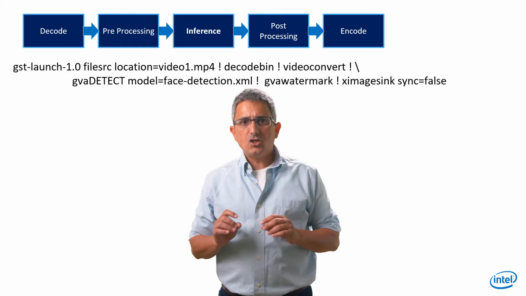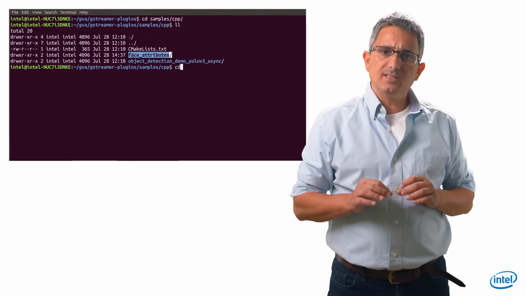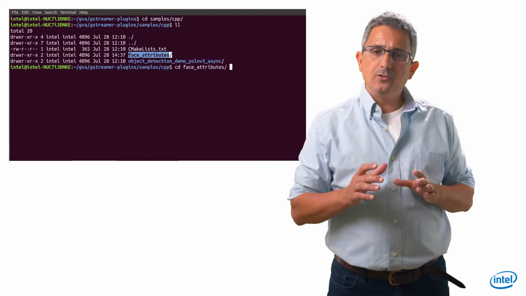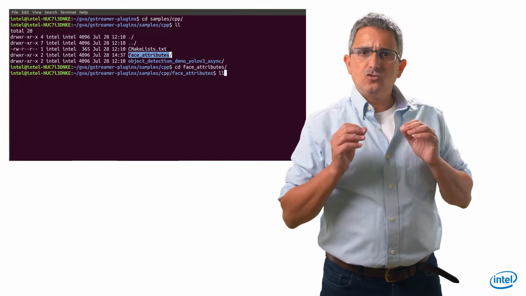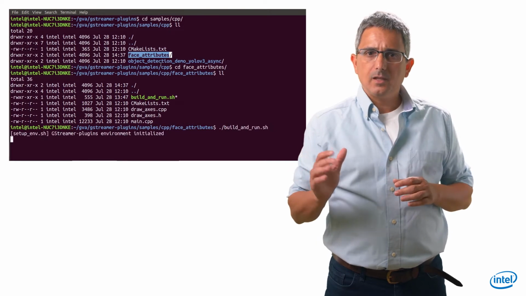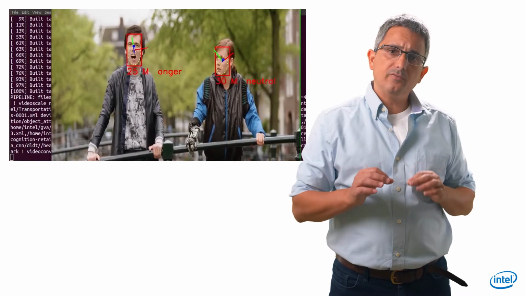Last video, I showed you a shell GStreamer sample that looks like that. But we also have C++ samples. Let's look at the face attribute sample, for example, under GStreamer Samples/CPP. We can just run the built-in run, and you can see that it's again a full application with multiple face-related